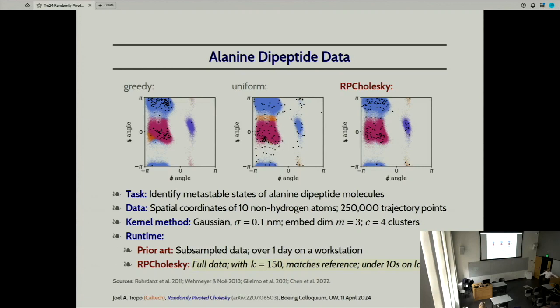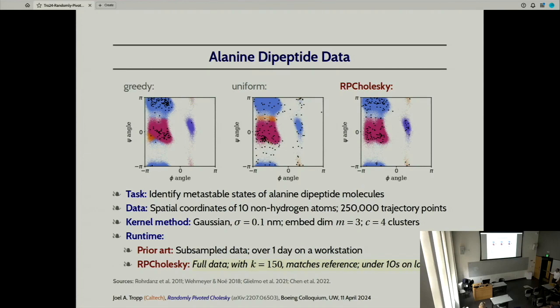Biological proteins have different conformations. They like move around. This protein has 3 different arms which move in different directions, like I don't know, safety dance or something. And your goal is to figure out what these different conformations are because they identify biological function. So one way you could get at this is by writing down the positions of the atoms in these molecules and simulating how the molecules evolve. And so you can collect 250,000 trajectory points which describe how these molecules are bouncing around.